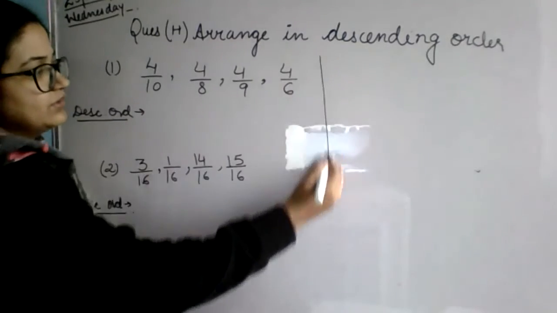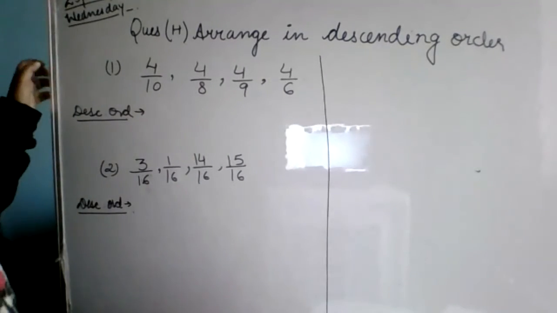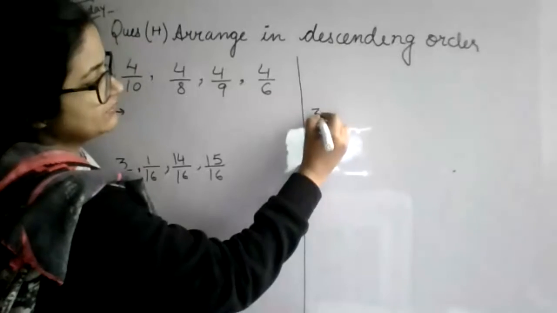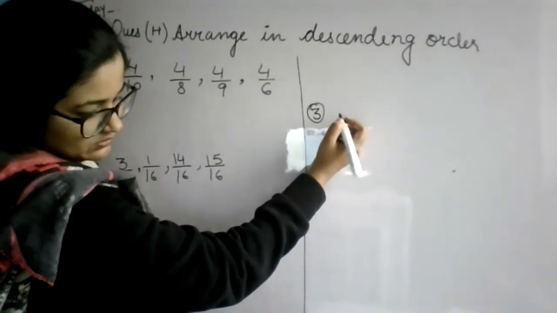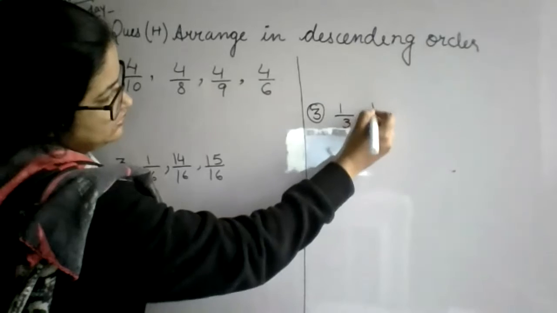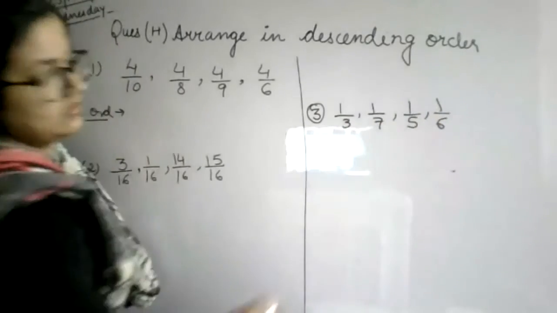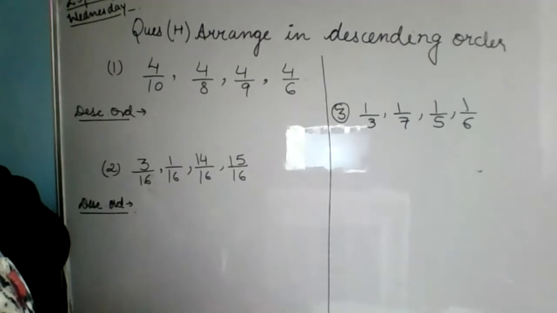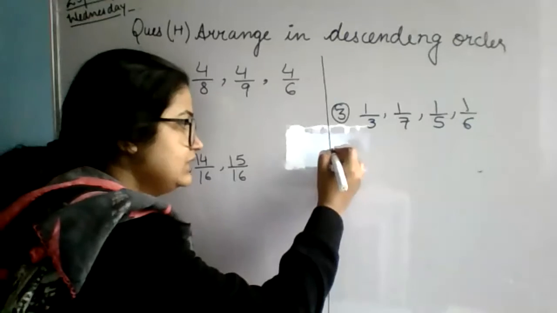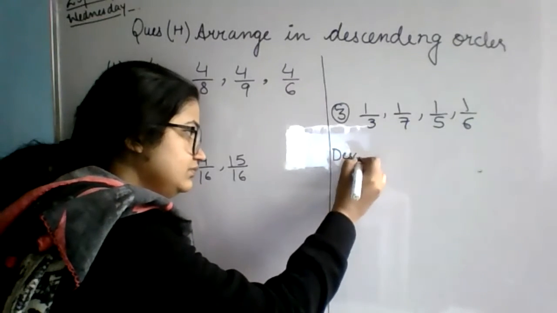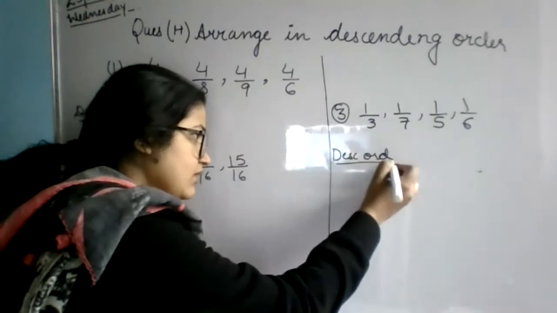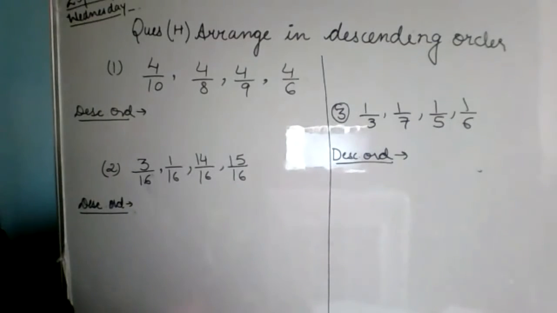Okay, I'm writing the third question here because time is less. So I'm writing the third one here. Only till third part you have to do. Okay. Ma'am, now I will take the screenshot. You have to arrange it in descending order. Ma'am, in this part there are 3 questions. Yes, there are only 3 questions.